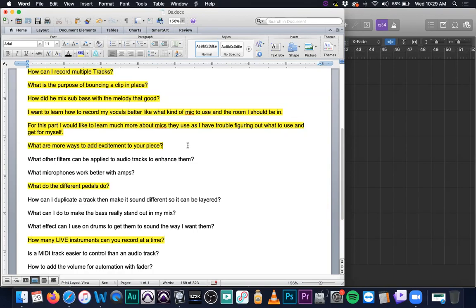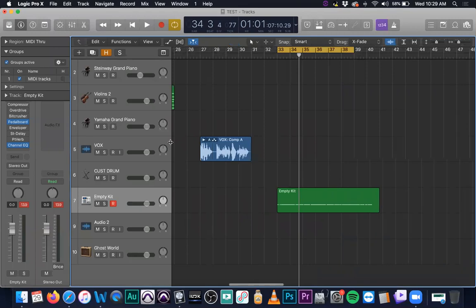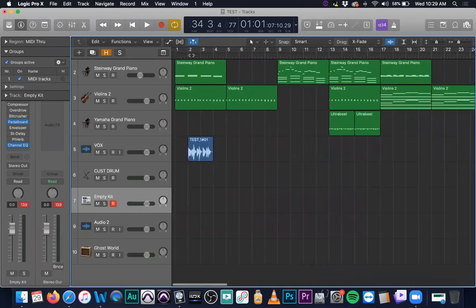What other filters can be applied to audio tracks to enhance them? Well, we went through a lot of plugins already, and we just talked about the exciter. But let's take a look while we're here, actually. And I'm going to come over to this and just see what this is all about,